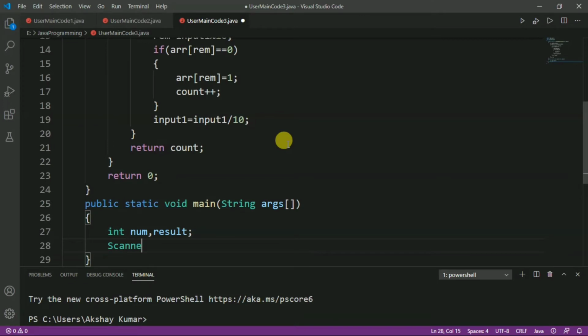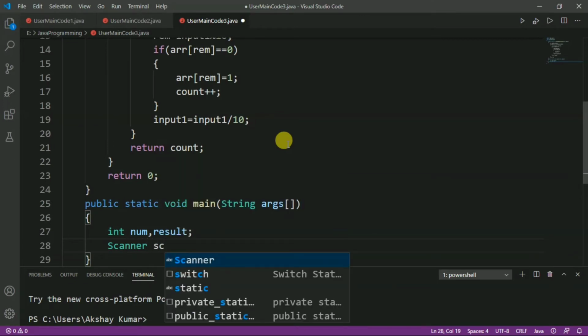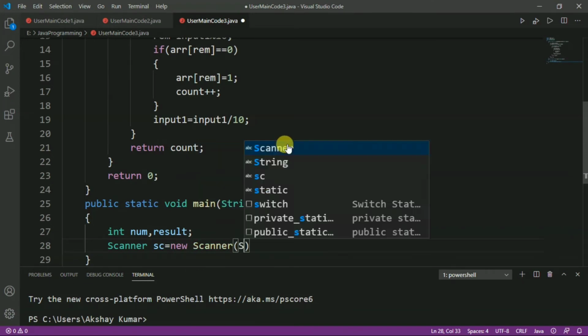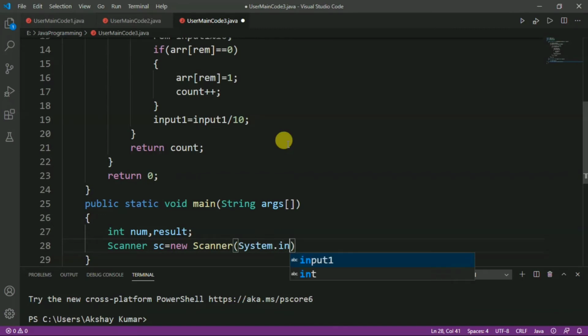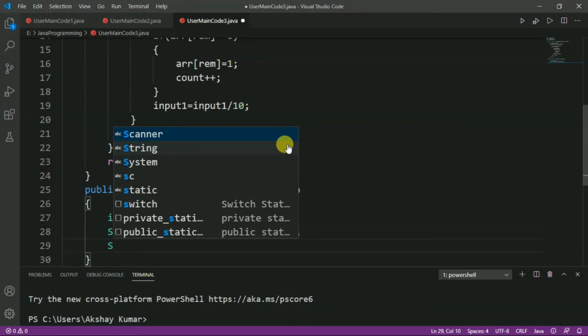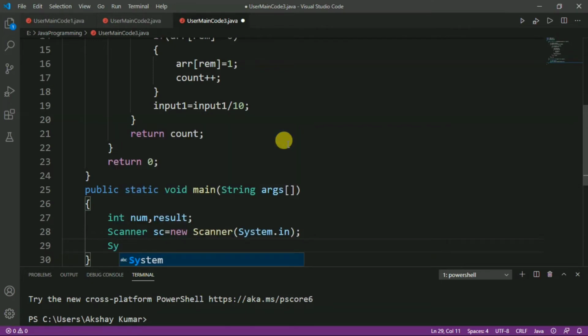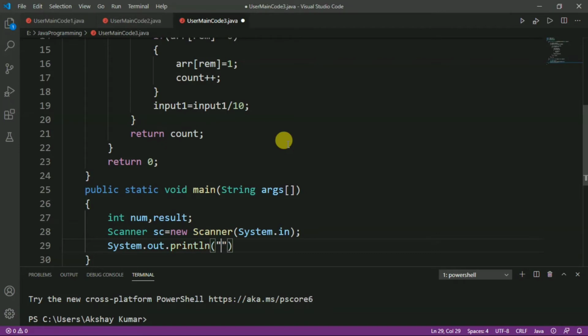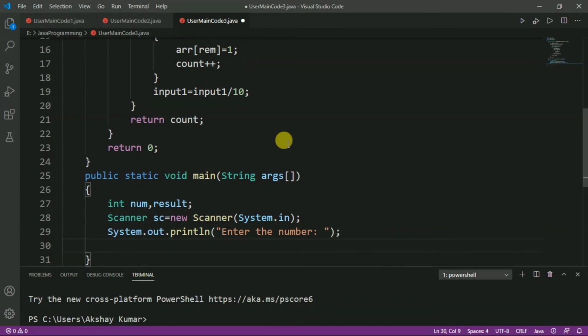Now, we will create the object of the Scanner class, so we have to write Scanner sc = new Scanner, and here we will pass System.in, which represents the keyboard. After that we will take the input from the user, so we have to write a message to the user to take the input. So we will write System.out.println, and here we will write the message, "Enter the number",